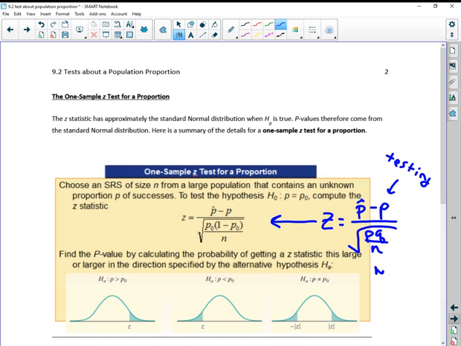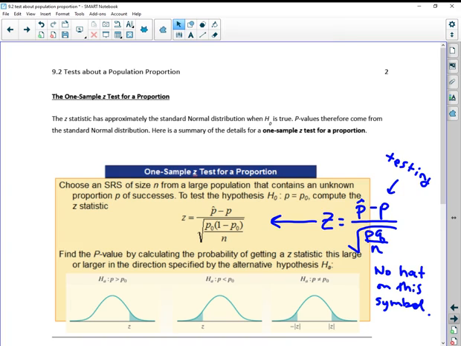Notice there is no hat on these symbols, meaning that what we are thinking is the parameter value, that's what we're going to be using for our test. Now it's interesting, the new formula sheet for the AP Stats test calls it standard error if you look at the formula sheet for this,